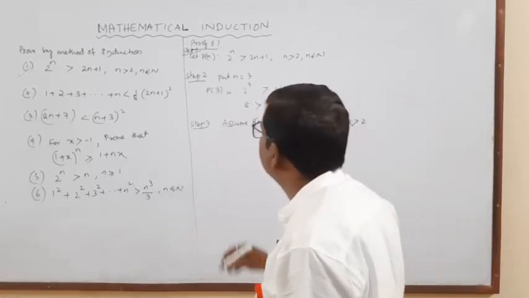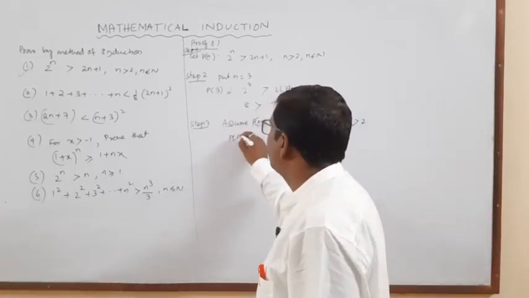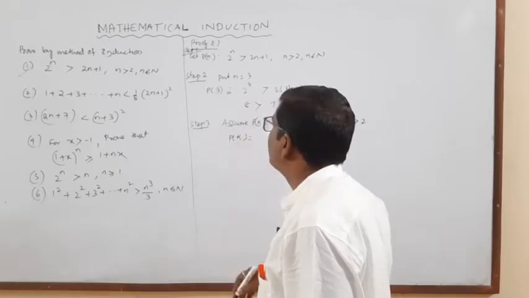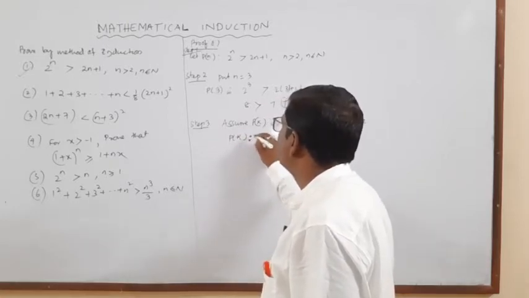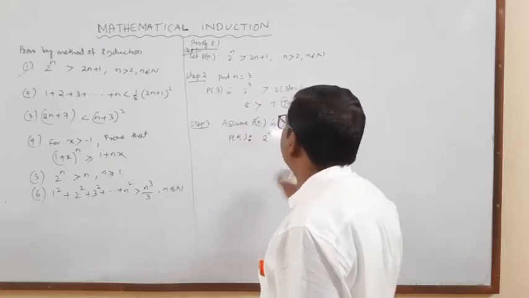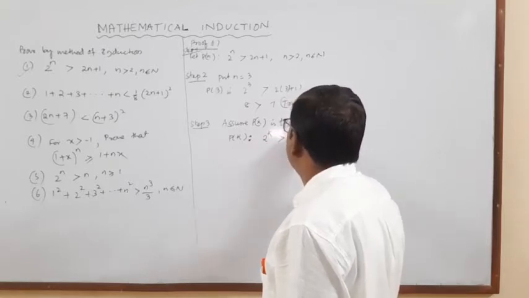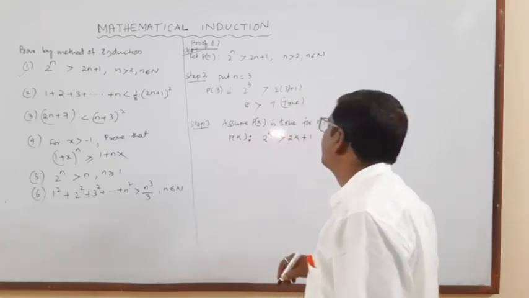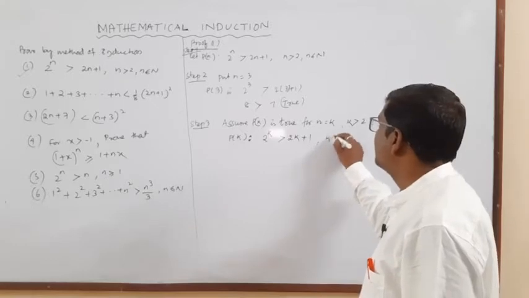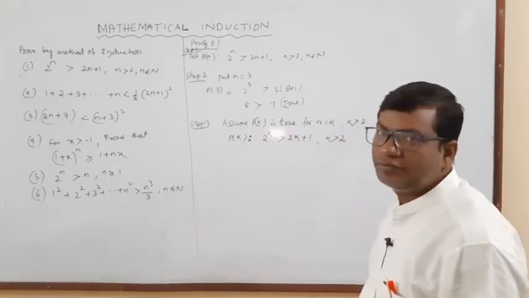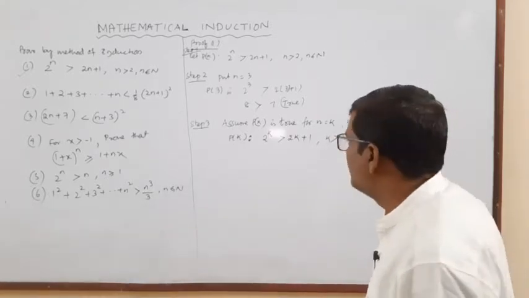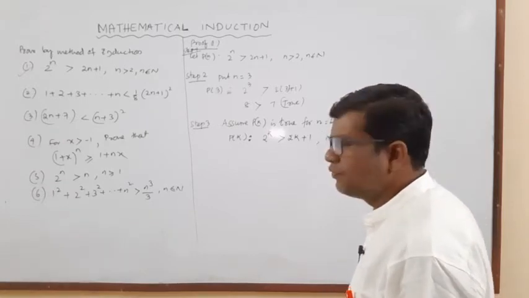Now P(k) is such that 2 to the power k is greater than 2k plus 1, where the condition is k greater than 2. Now, step 4, we have to prove